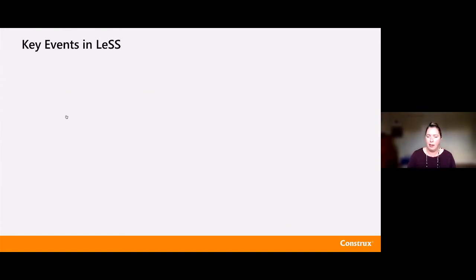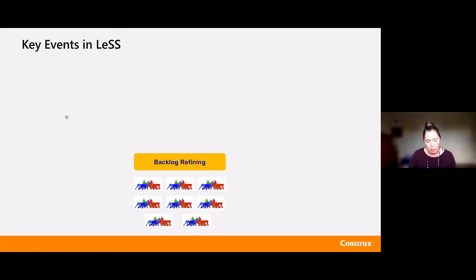The key events in LeSS look a lot like Scrum with a few variations. We're going to have backlog refining. Your mileage is going to vary a little bit, exactly what your backlog refining looks like based on the composition of the teams and the composition of the backlog. You may do whole collaborative backlog refining where every member of every team gets together for backlog refining. You may be doing an approach that's a little bit more like, here's an overall session where we set the context, we set the big picture, we describe what we're trying to accomplish with the top of the backlog, and then teams will break apart.